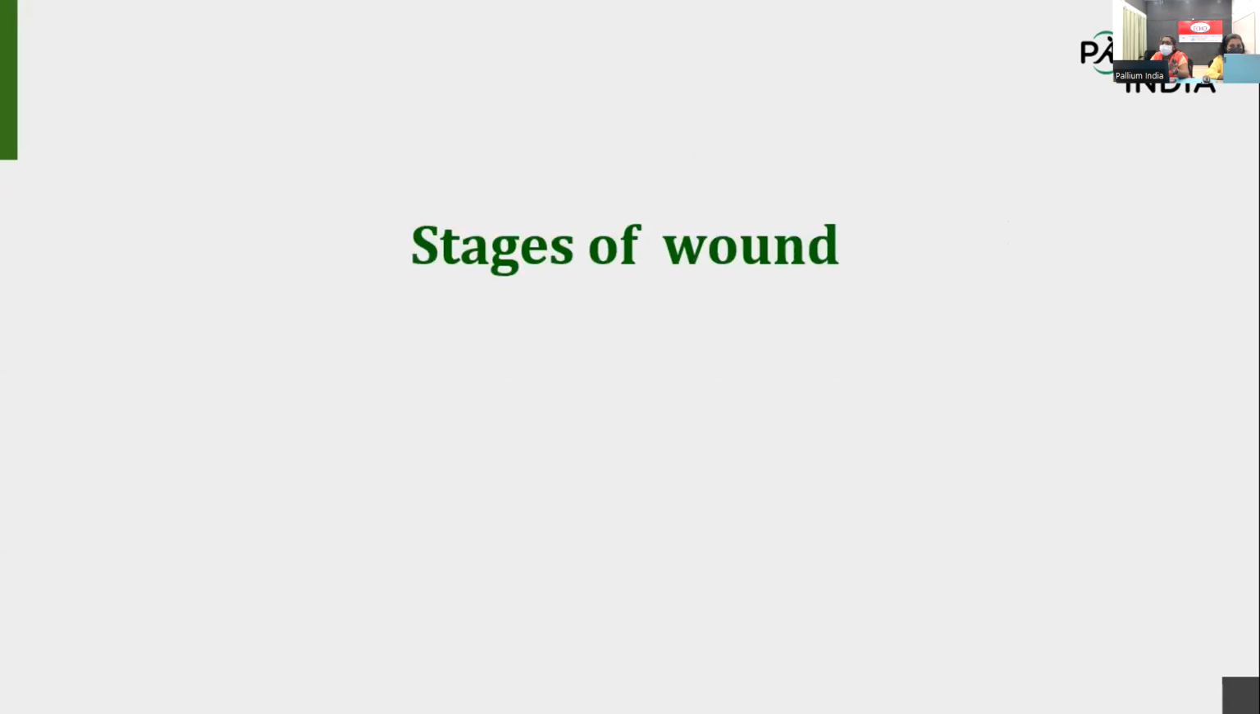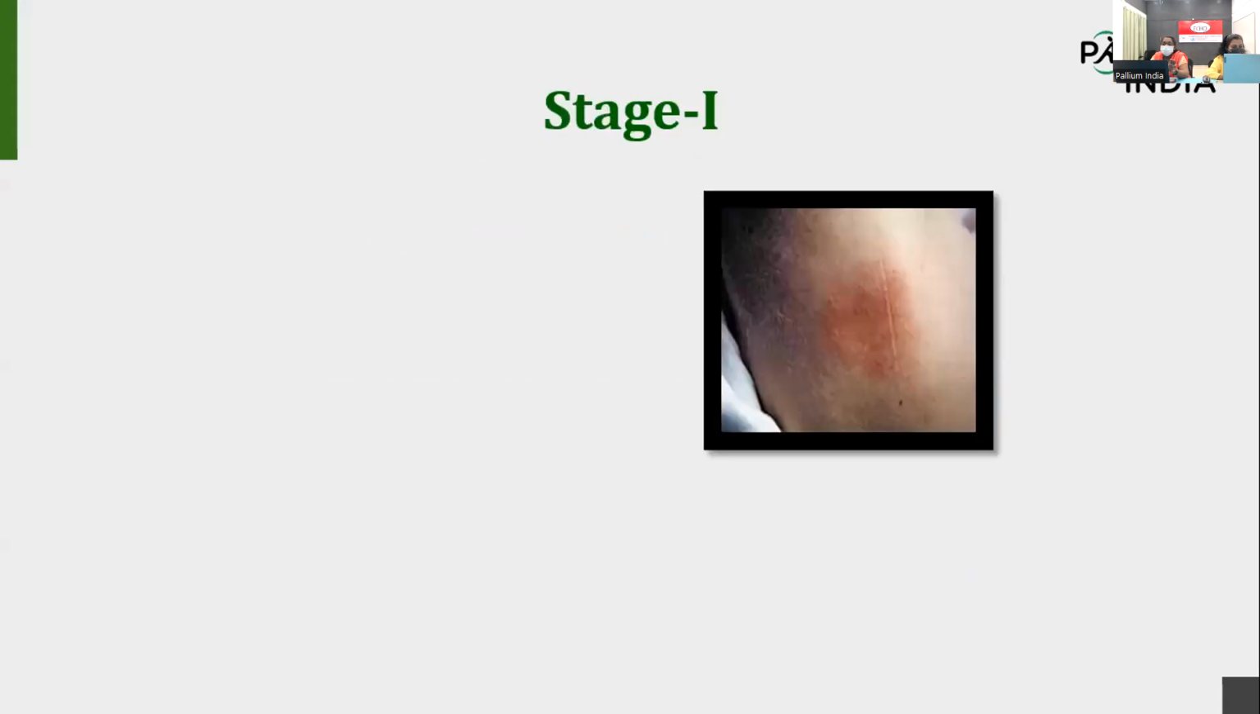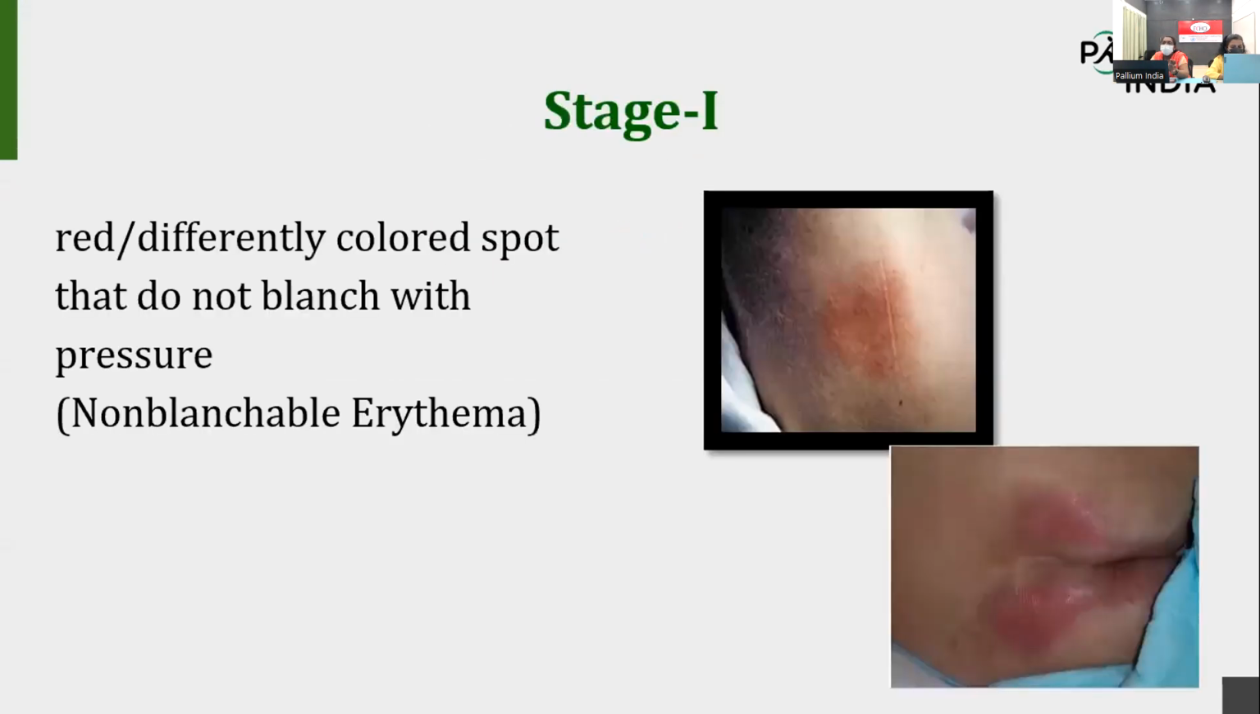Coming to the stages of wound. So there are 5 stages of wound. The first one is non-blanchable erythema. So this is the stage 1 pressure ulcer. Okay. So here, if you turn the patients from supine position to side lateral position, if you see this type